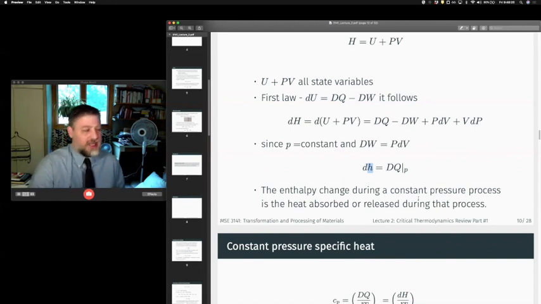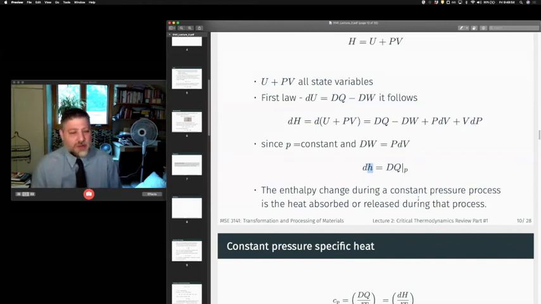Most of the time we're thinking about a hunk of something under atmospheric pressure. So enthalpy is our variable of interest here, simply because we're most of the time under a constant pressure regime. So this heat that's absorbed or lost during that process is the change in enthalpy of our